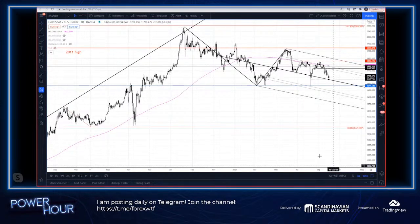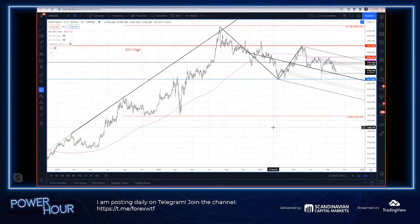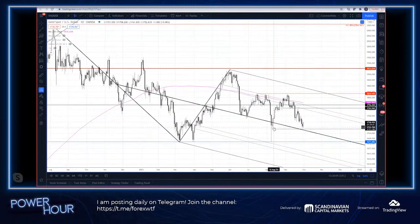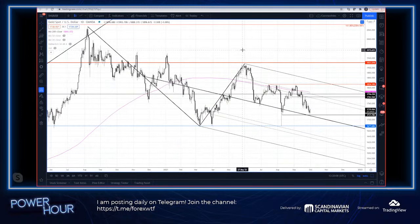So gold's getting a little bid right now. Don't have a super strong opinion on longer term direction of gold. I guess if I were to try to make a story out of it, I would say I'd be extremely bearish, just given kind of the bullish nature of dollar yen breaking out. But again, I reserve the right to change my mind